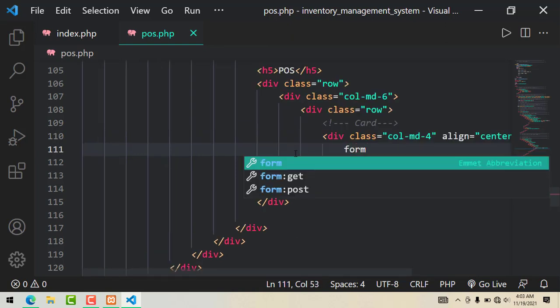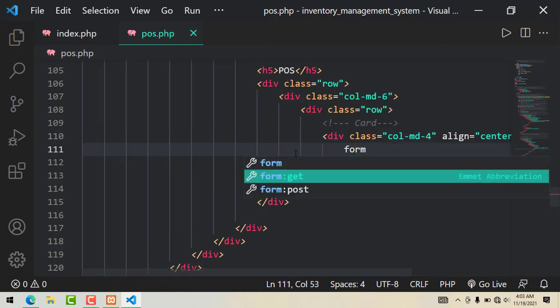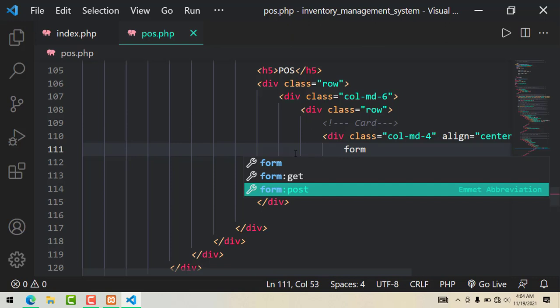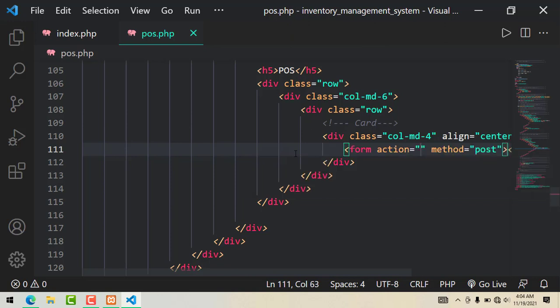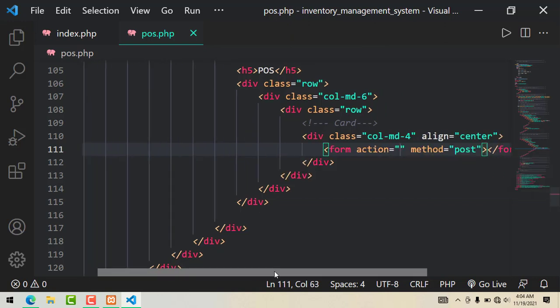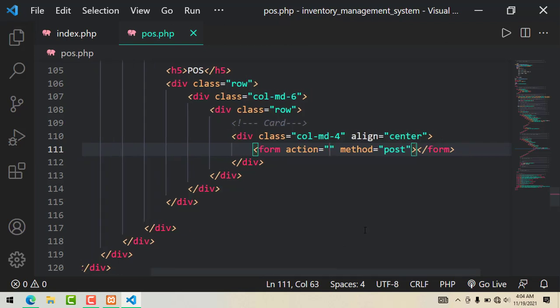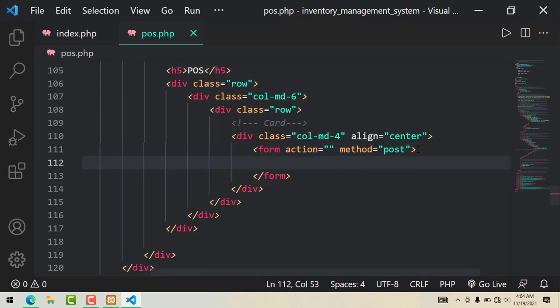Now within that we are going to have the form that is going to be used to submit the items or the products that are being bought. So I create a form with the method of post. For the action we have just left it empty for now,